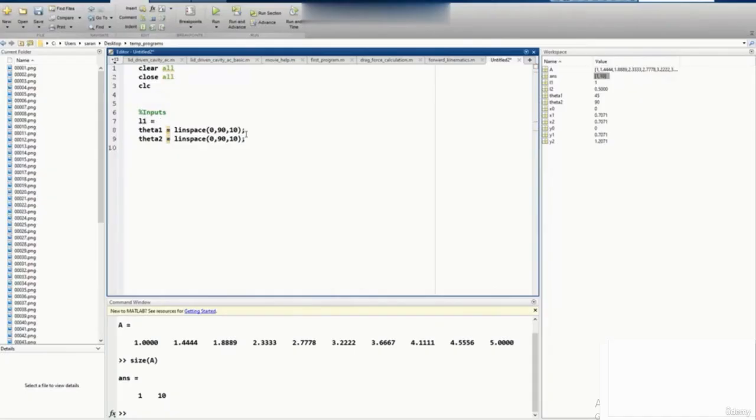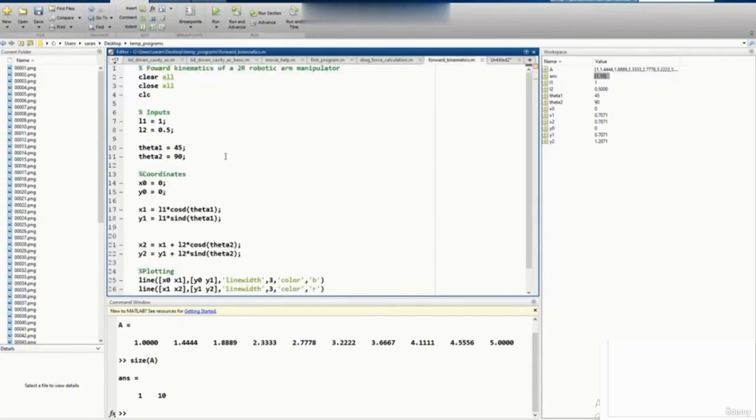L1 and L2 are going to be fixed for a given problem. So L1 is 1 meter and L2 is going to be 0.5 meter. We are sticking with the same value. Okay, so what is the logic that we are going to use? You can see that we have multiple values of theta, right? In this case 10 values, and for each value of theta 1 and theta 2 we need to repeat this